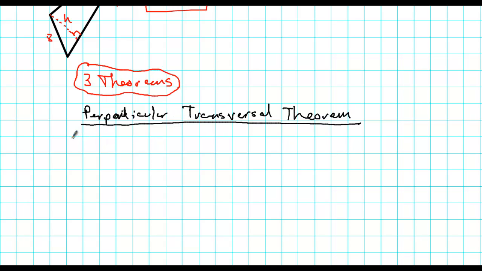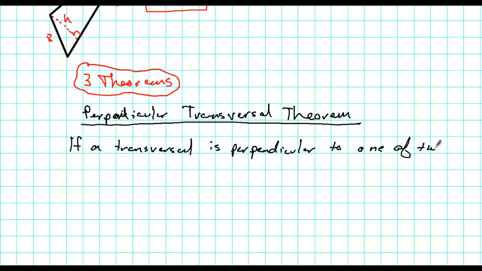The perpendicular transversal theorem says if a transversal is perpendicular to one of 2 parallel lines, then it is perpendicular